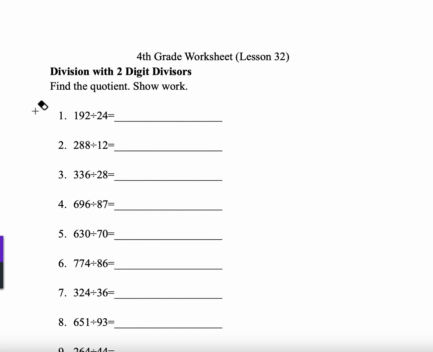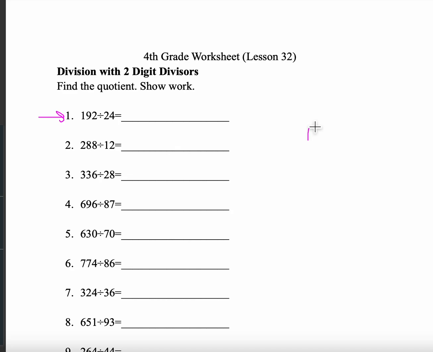So let's try number 1. We have 192 divided by 24. To do this, we have to approximate and think to ourselves, how many times does 24 go into 192? We know that 24 times 2 is 48, so we know that we need to go way over